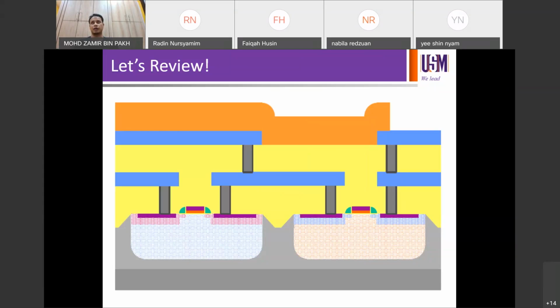So the complexity of the integration varies from device to device, product to product, process to process, companies to companies. So if you talk about CMOS with like 5-6 metal layers, of course it's going to be a lot more complicated. If you talk about some other devices like, for example, power devices, or what else? Silicon photonics, which can also be fabricated in the wafer fab. So the complication of the process really varies from device to device. So you can tell that by looking into the process specification,